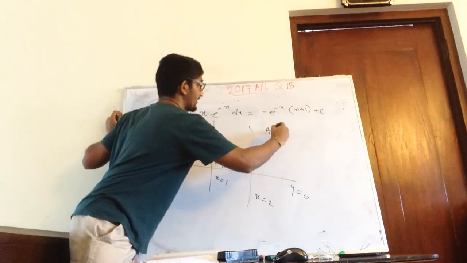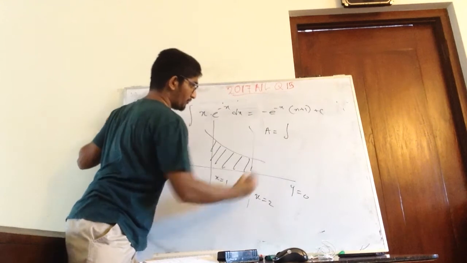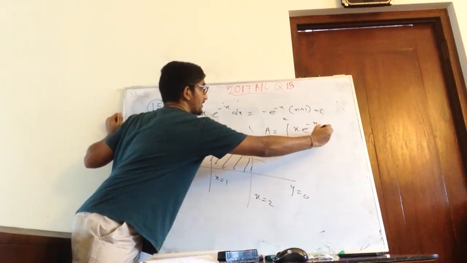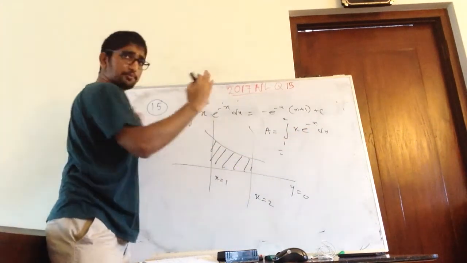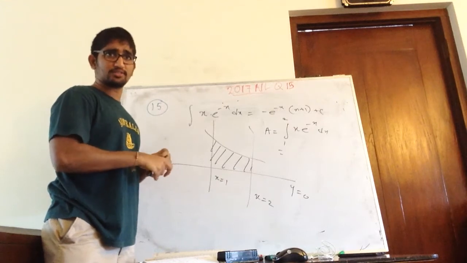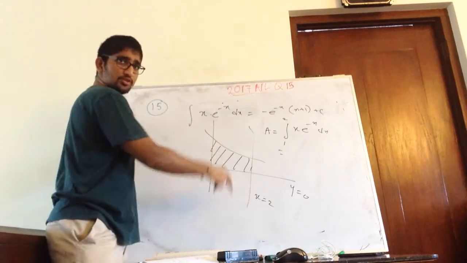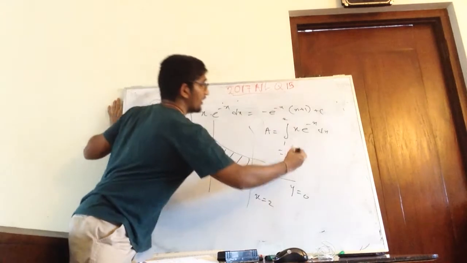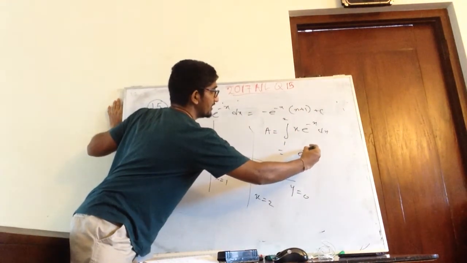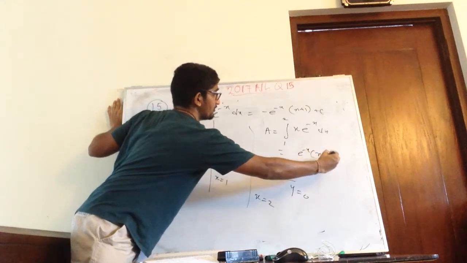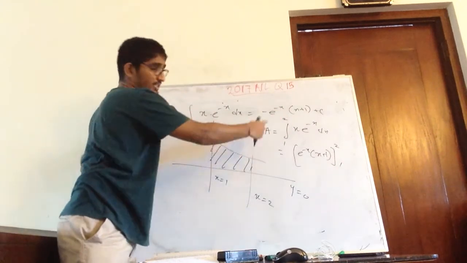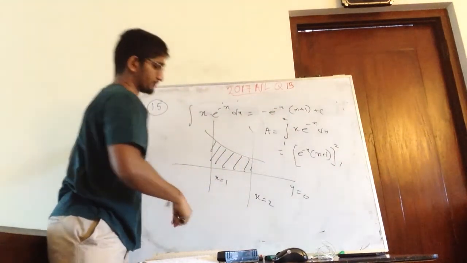So here you will get area is, from 1 to 2, x e^(-x) dx. You can put the modulus as well, but here it's not necessary, right? Even if you put the modulus, it's no problem, because anyway you will get a positive thing here. So then this is what? This is e^(-x) plus 1. So you need to put 2 and 1. You don't need to see here now, because there's a limit now, right?